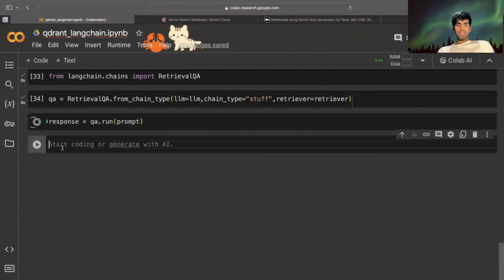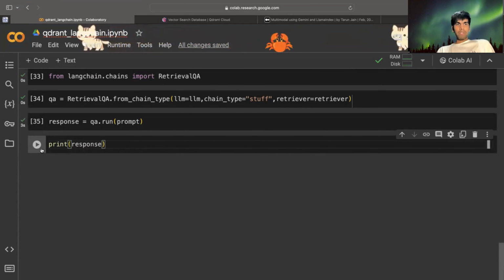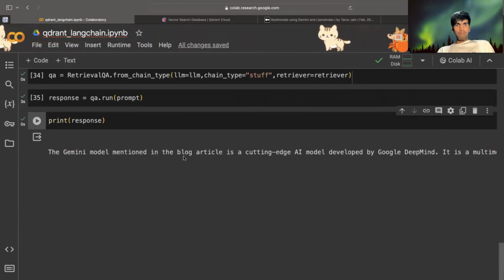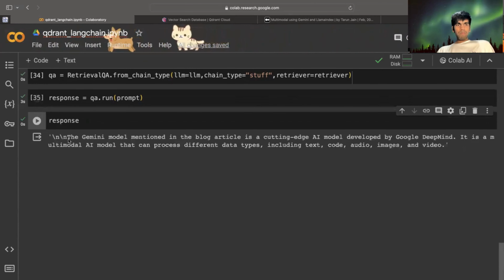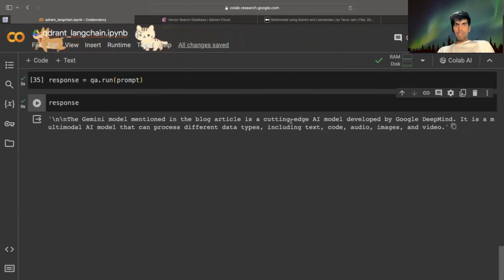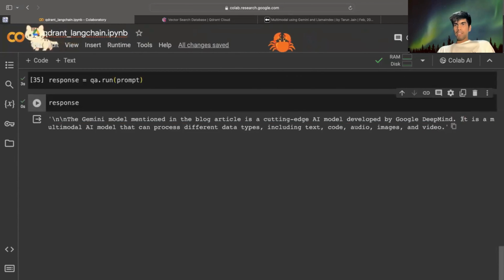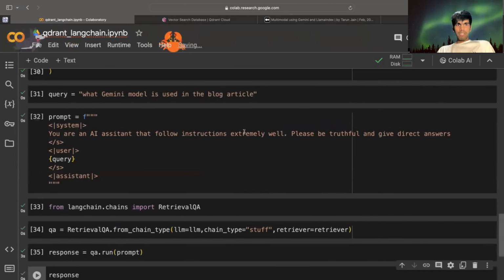It's gonna take a few seconds. As you can see, it took just 3 seconds. I'll print my response. The Gemini model mentioned in the blog article is a cutting edge. Let me remove this print statement so that I don't have to scroll. The Gemini model mentioned in the blog article is the cutting edge technology developed by Google DeepMind. It is a multimodal AI model. So this is what is very necessary. You need to mention multimodal, but I need the name of it. I'll just ask